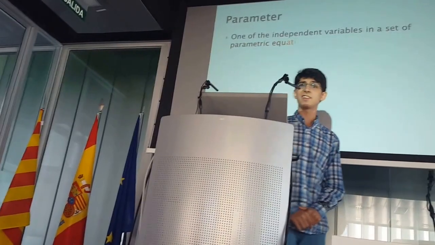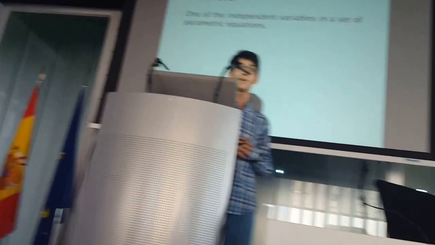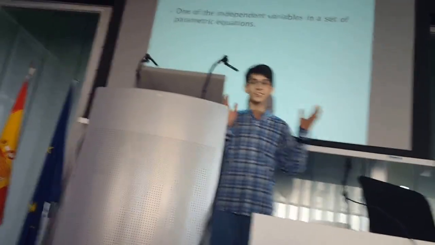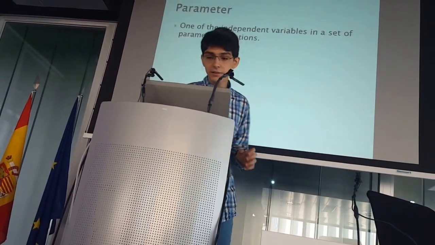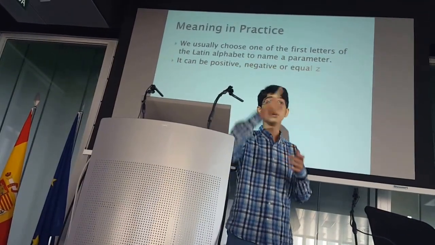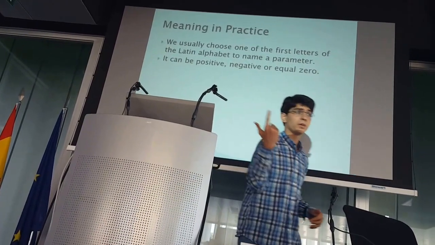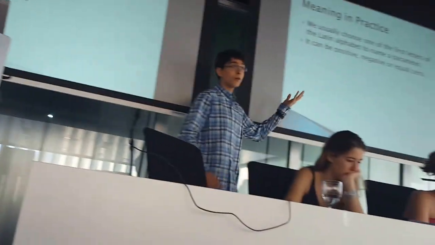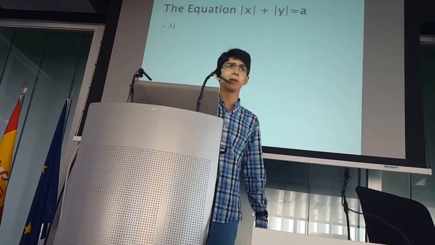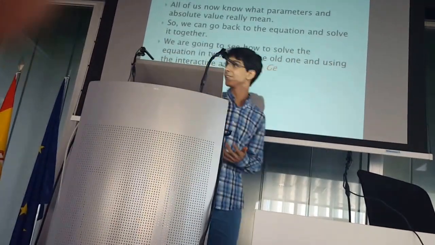Now, the parameter. Here's the definition. It is one of the independent variables in a set of parametric equations. Yes, I suppose that for some of us it doesn't make sense because it really sounds very unnatural or difficult, but the parameter, in practice, usually we just choose one of the first letters of the Latin alphabet to name a parameter. And the parameter can be any number. It can be positive, negative, or it can equal 0. So these are the parameters, something with difficulties, with a complex explanation. So I hope that all of us now know what a parameter and what an absolute value is,